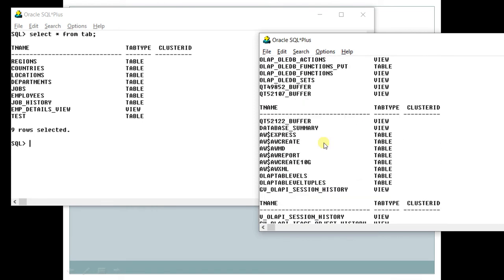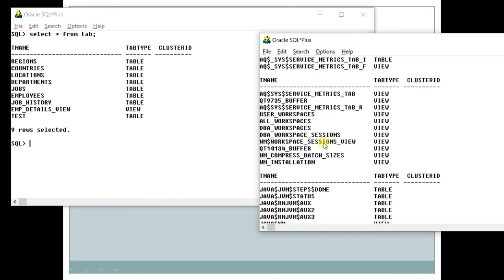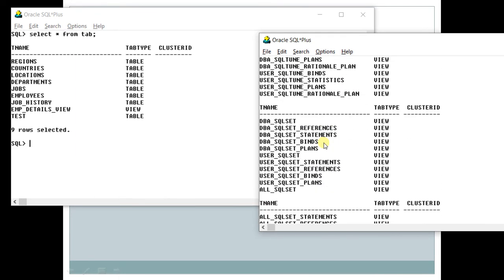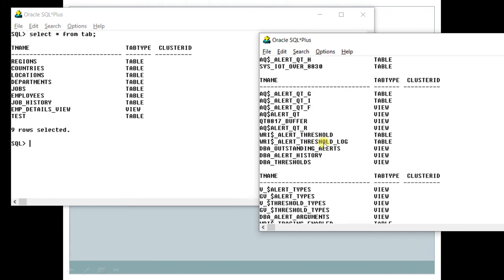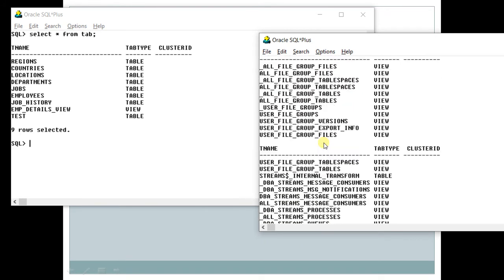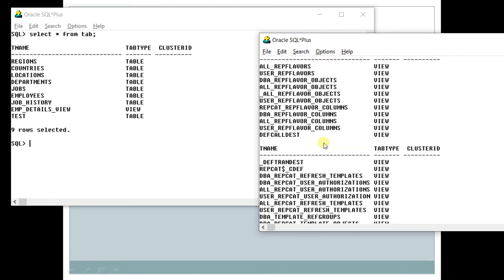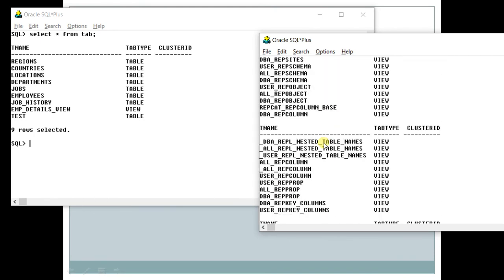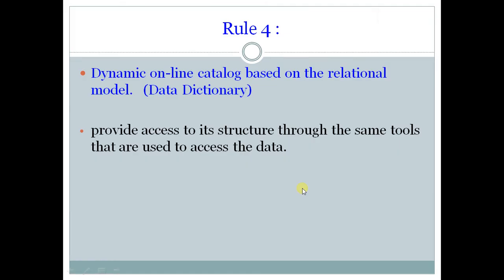Their names start sometimes with underscore, sometimes with DBA, sometimes with V dollar, A dollar, as you can see. So all these are data dictionary tables or views. Is this clear? As per rule number 4, every RDBMS should have support of data dictionary tables, and these tables contain database engine information.